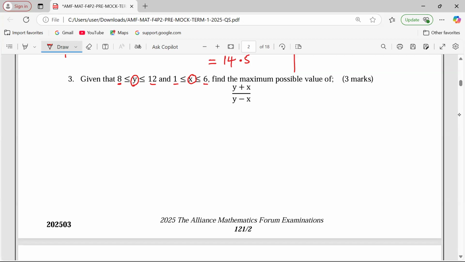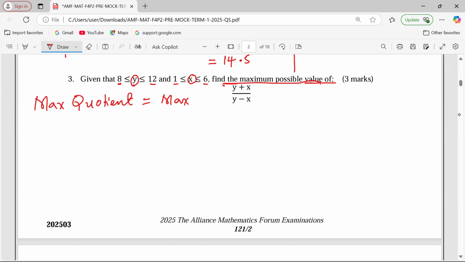What you're supposed to understand is that we are talking about the maximum possible value. So what kind of a value is it? This is a quotient. Because it's a division being applied, maximum quotient is usually given by